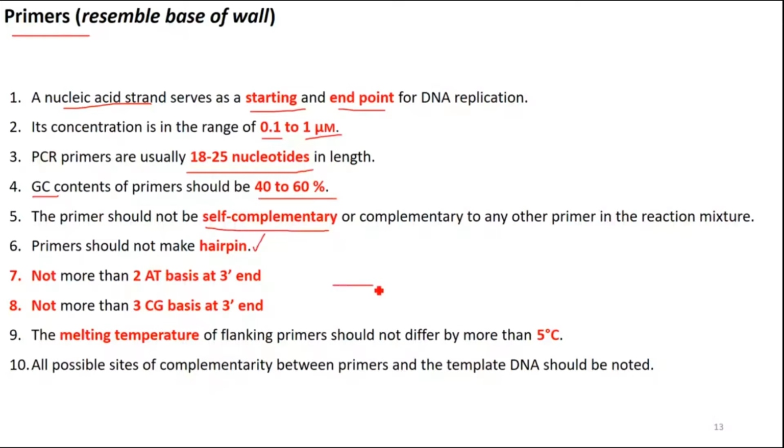If there are more than 2 or 3 or 4, 5, 6 bases that have the double hydrogen bond, the primer will have poor binding. So AT bases have the double hydrogen bond. And there should not be more than 3 CG bases at the 3' end. If there are more than 3 CG bases, that